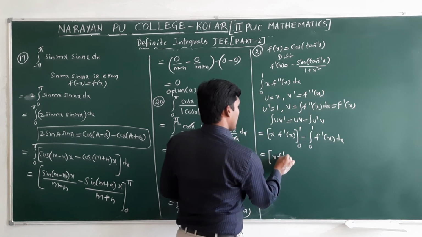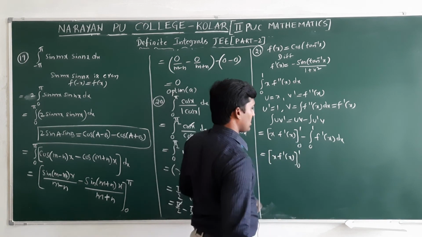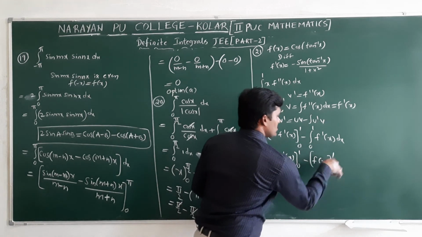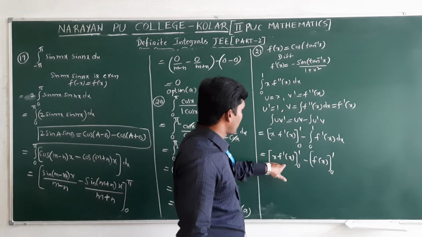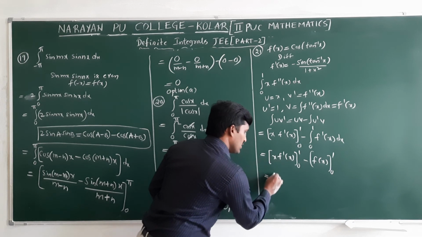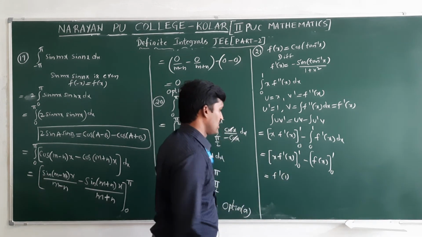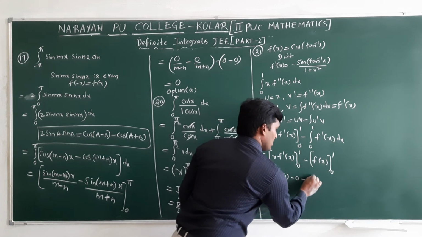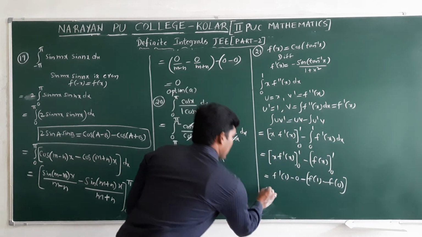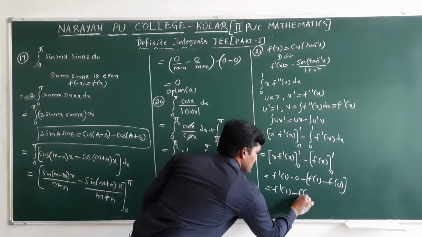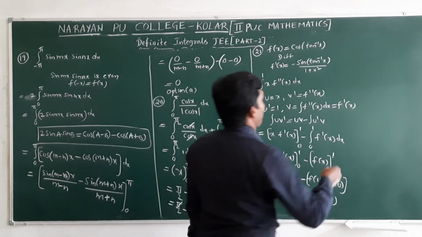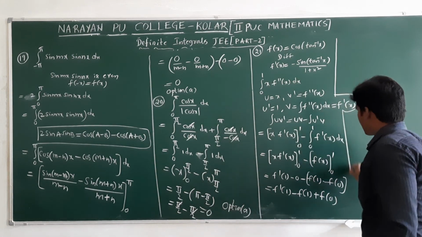Now here, x into f dash of x from 0 to 1. The integral of f dash of x, again what will we get? F of x from 0 to 1. That's why we need f dash of x also, so I am finding f dash of x value first. Now substitute limit 1 into f dash of x, that is f dash of 1. Lower limit is 0. Next, here f of 1 minus f of 0. Now finally, f dash of 1 minus f of 1 plus f of 0. These three values we need to find out, and finally substitute in that.